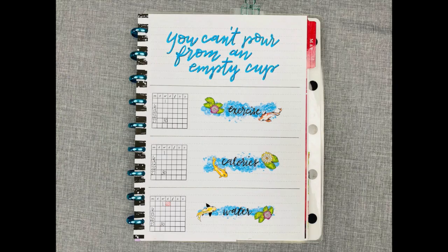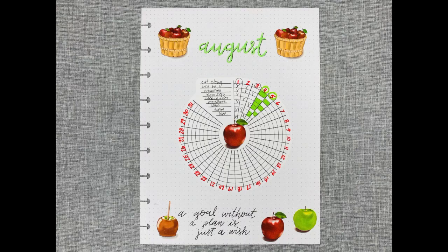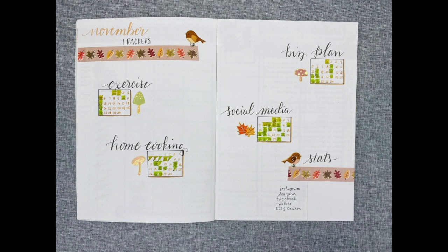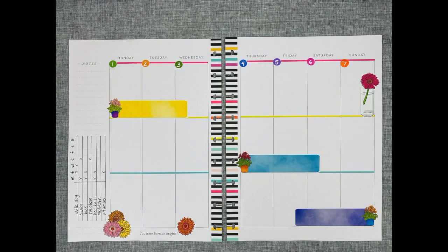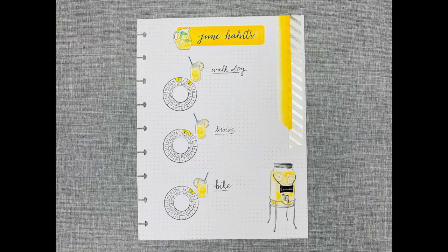Today we're going to take a look at different kinds of habit trackers that you can incorporate into your bullet journal, your pre-printed planner, or really anything you choose to use. You might be surprised how you can make different things work if you just put a little bit of thought into trying something different. I'll show you how to draw some and also ways you can build them quickly with